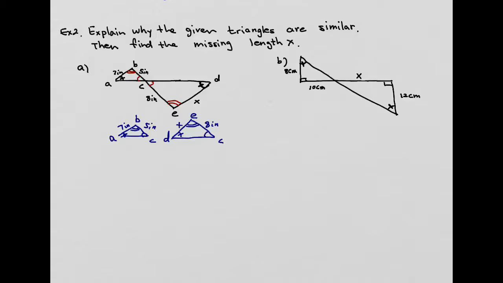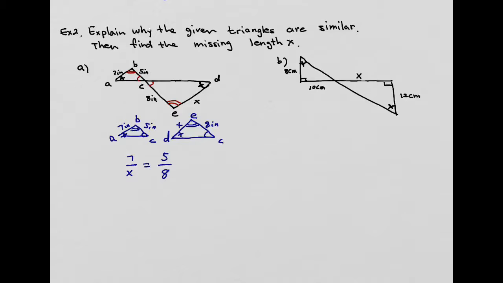So if you wanted to write this proportionally, I have to have 7 matching the x, and then 5 matching the 8. And both numerators come from the same triangle. So 7 comes from the smaller triangle, so 5 should be on the numerator, and 8, from the larger triangle, should be on the bottom. Once we set it as a proportion,